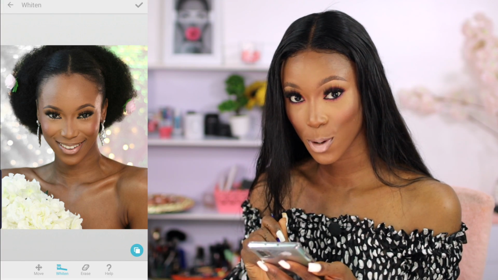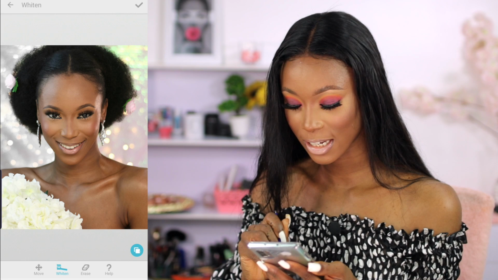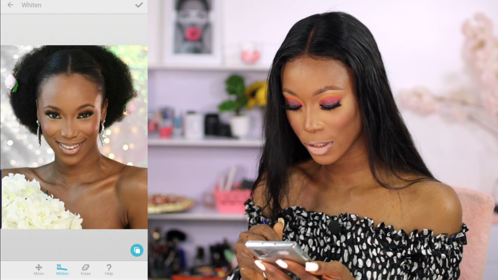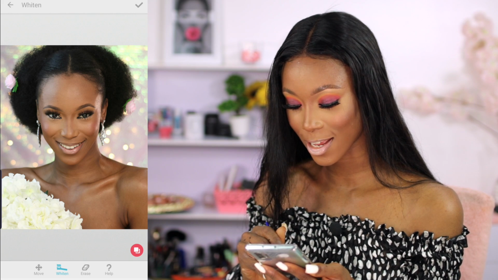So what I'm going to do is click on this turquoise button on the bottom right, and you guys can see double layer. It's like a double layer picture. So what you can do is click on it to see the before and the after. This way you can see if you've made any mistake, and now I can see that I made a mistake